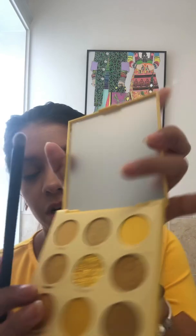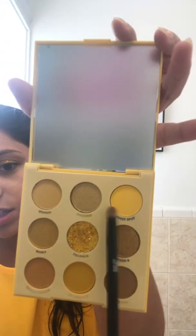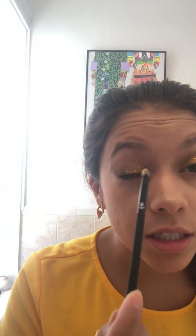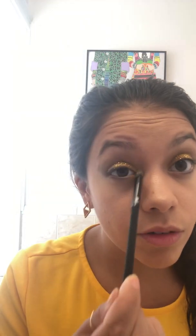So that glitter is on. Now I'm going to use a completely different brush because I have fully colored that one. We're gonna do the sweet spot. So that is the one all the way on this end, the bright color right up there. So we're just gonna dip our brush in there. Nice amount. Again, a little blow, and we're going to fill the inner part of my